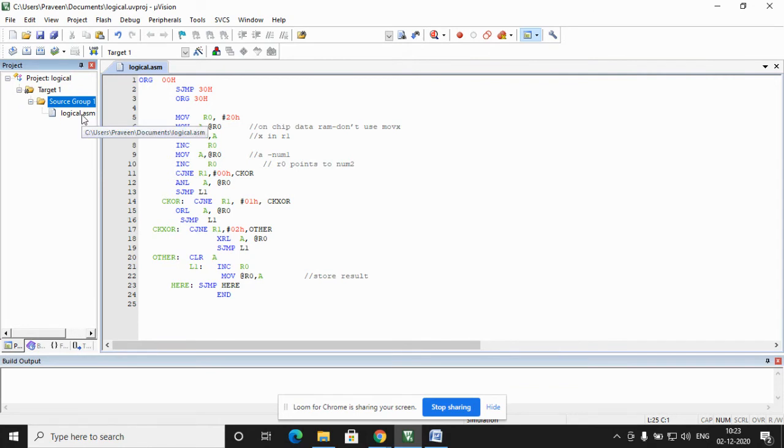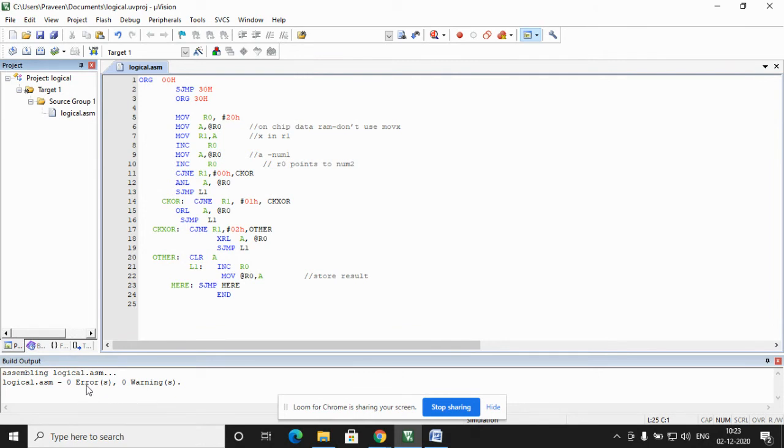Now it's time to check whether there are any errors in the program. In the menu, you have Translate, Build and Rebuild. First, click on the Translate icon. In the build output window, you can check whether there are any errors or warnings.